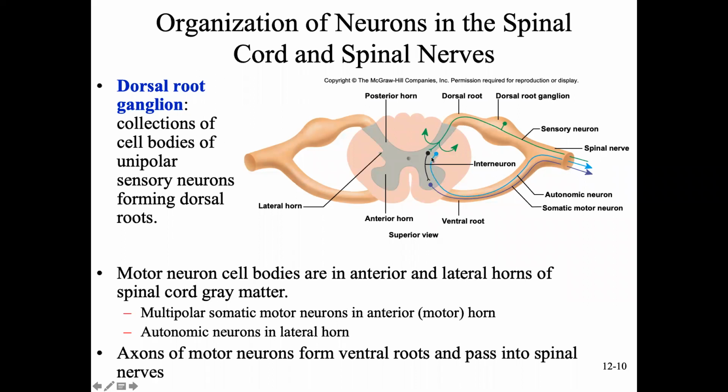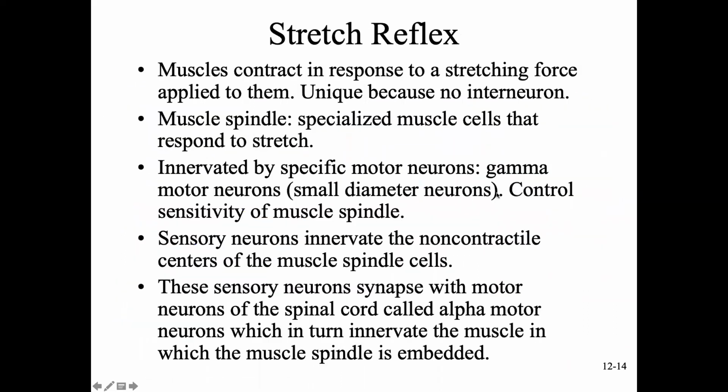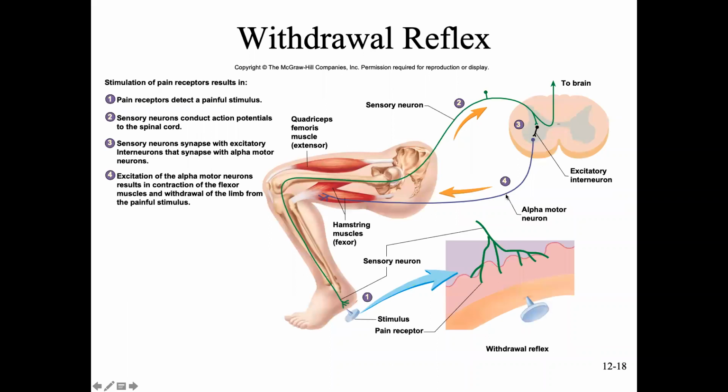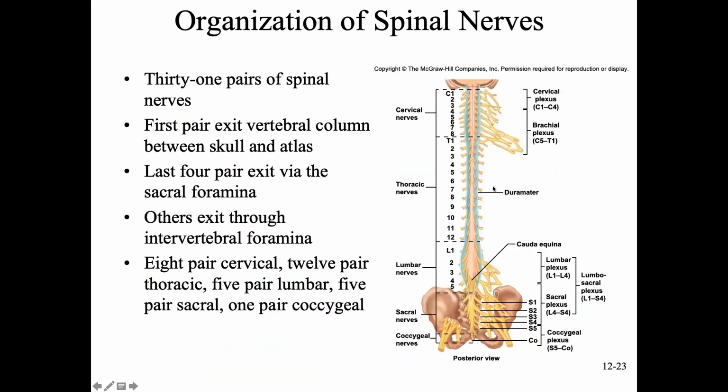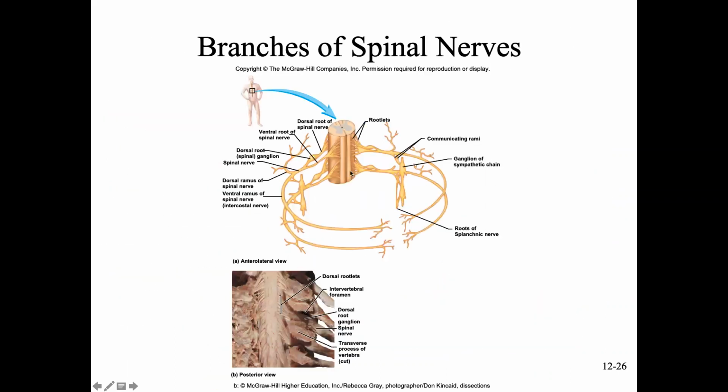So right here, we see the first neuron. The first neuron has its cell body in the lateral horn. It's got its axon that exits out, helping form the ventral root. Its axon then exits out the spinal nerve. And then it needs to make contact with the second neuron. So before, that was just the first neuron. Now, as it exits out through the ventral root, it needs to make contact with this,